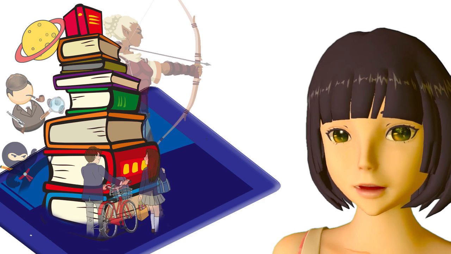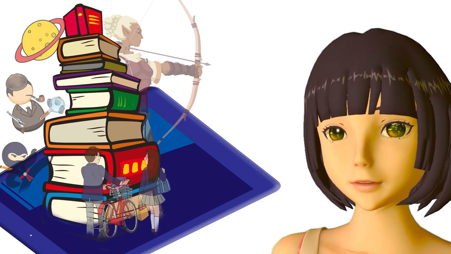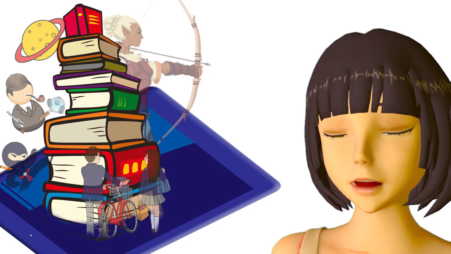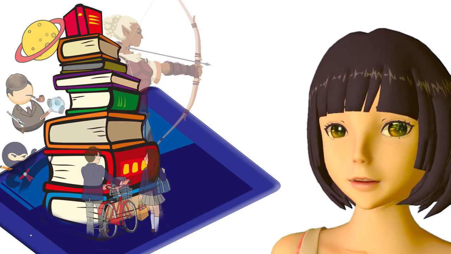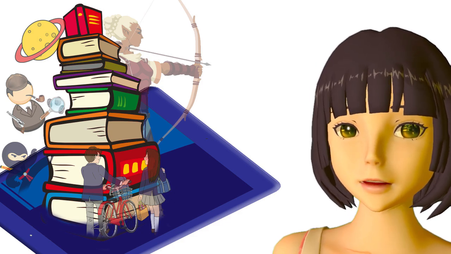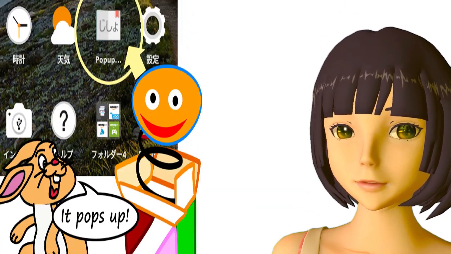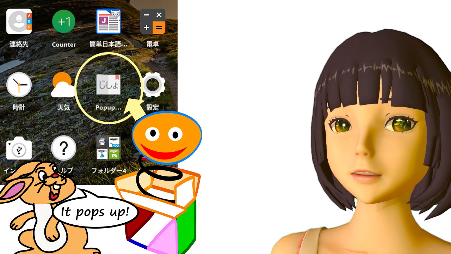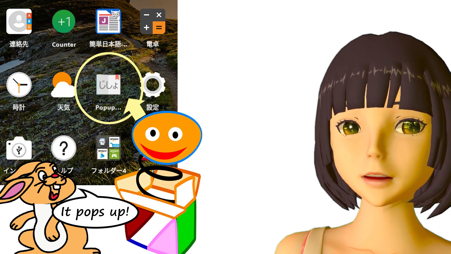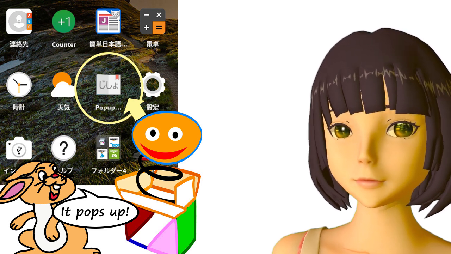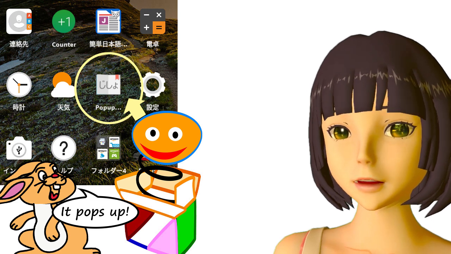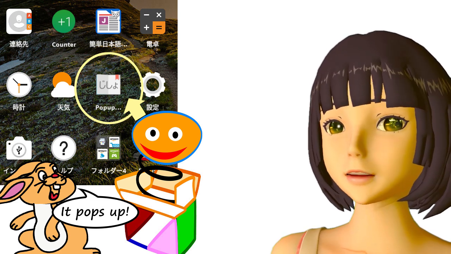If you're using one of the e-readers that cooperate with shousetsu.com, which is where you can get all these free light novels, what can you do? It doesn't have a built-in dictionary, but there's a good way around the problem, and it's called Popup Japanese Dictionary. Now, you need to get one of the readers that allow you to select text, but you're going to want that anyway. So make sure you have one of the readers that will allow you to select text,